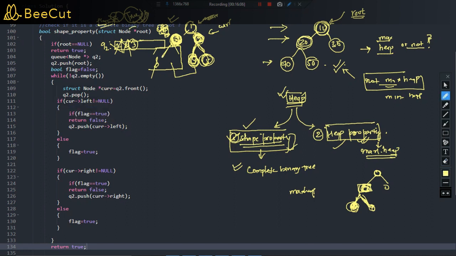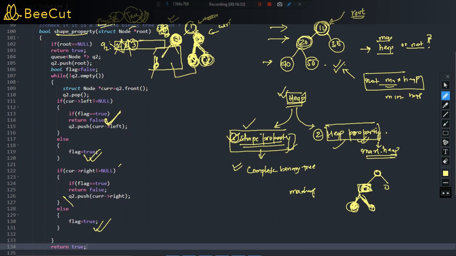The moment I find a left child null, I will update the status of flag to true. Or if the right child is null, I will update the status to true. And the next time whenever I traverse and process a node, I will check the status of the flag. If it has got children, but its left node does not have any children, which means it is illegal, so just return false. Return false means the value returned by this function will be false.